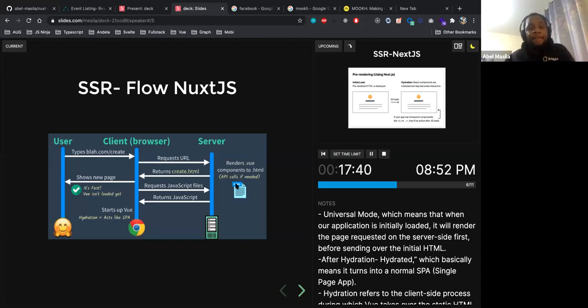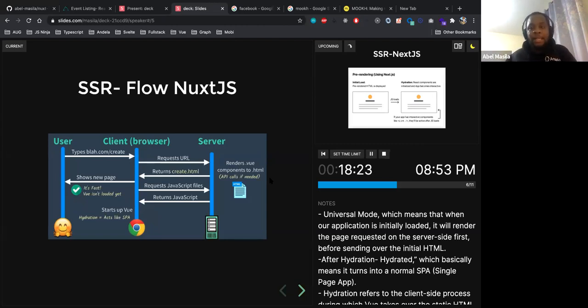But then what happens if I hit, let's say, a link twice? So if I go to mooc.com/event1, and then I go to another event, and then I go back to event 1. If I'm using Nuxt router, Nuxt link enables you to preserve the JavaScript files fetched for a specific page. So if you go to the same page a second time, they won't fetch the JavaScript files because they have already been fetched and cached. So that's the good thing about using components provided by your library or your framework.